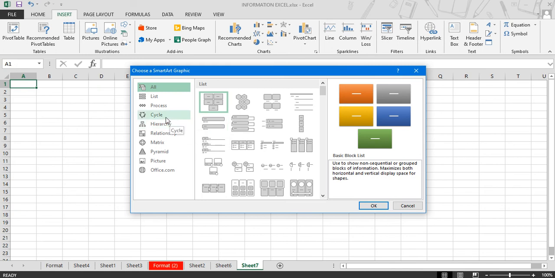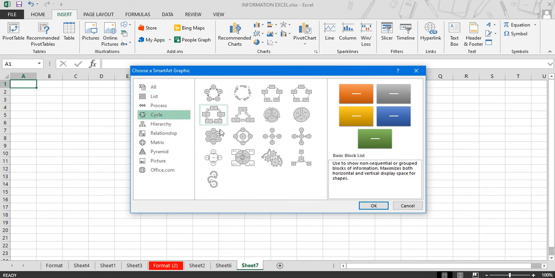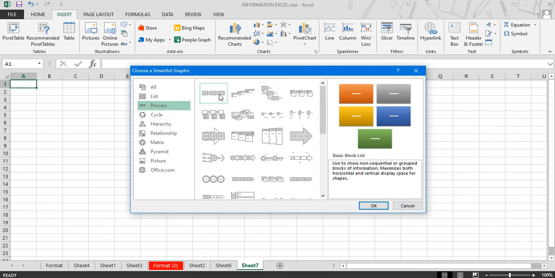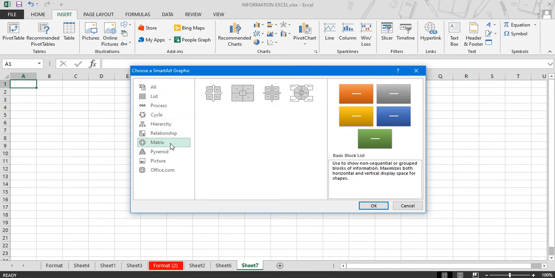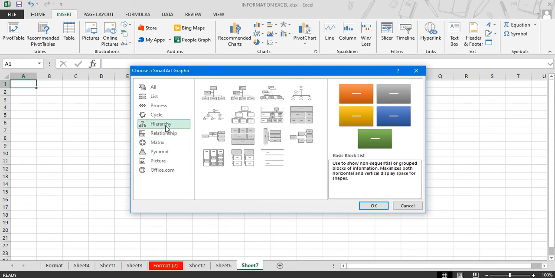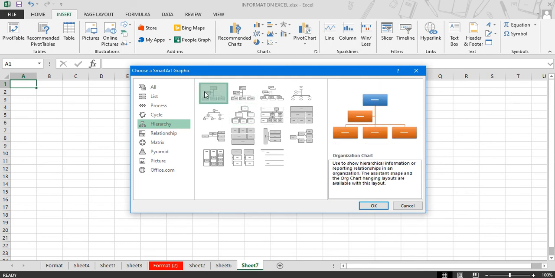If you select cycles, then you can see the representation of any cycle with the help of these smart art graphics options. You can show the process one after the next. You can create the matrix, relationship, hierarchy like a tree structure. So you can select any design from this. For example, this one.